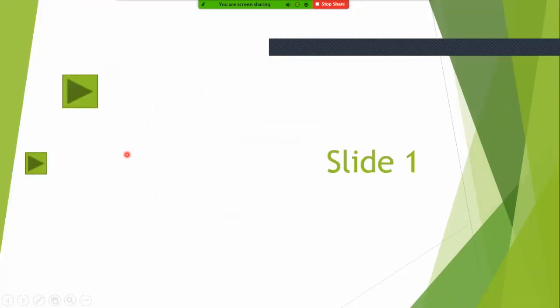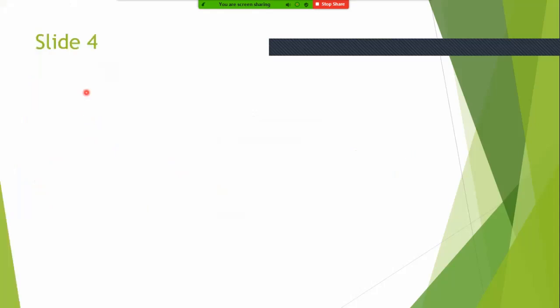Now, if I click here, the next slide will be displayed. If I just move the mouse pointer here, as per the choice that I have selected, the last slide is displayed. So if I move the mouse pointer on this action button, the last slide has to be displayed. Just move it. See, when I move mouse pointer, immediately the last slide is displayed. So these are about action buttons.